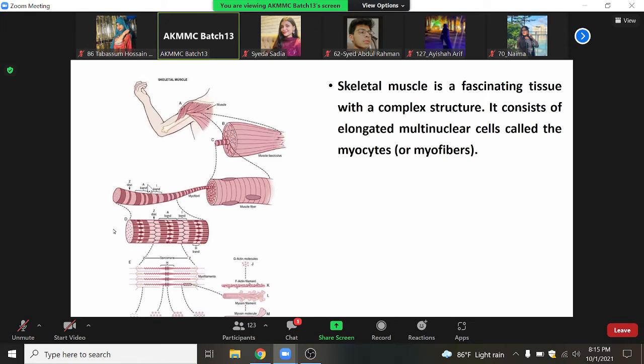The skeletal muscle, this is the brief, I will say in short, the anatomy of the skeletal muscle. The skeletal muscle is a